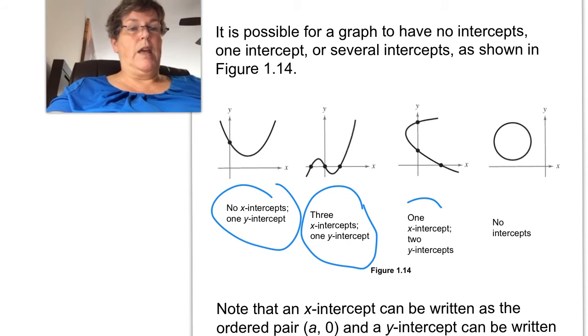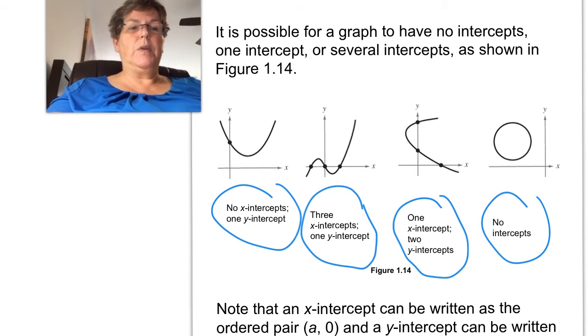Here's a graph with 1 x and 2 y-intercepts. And here's a graph that has none. So many possibilities exist. How do you actually find those intercepts? Well, you also probably remember